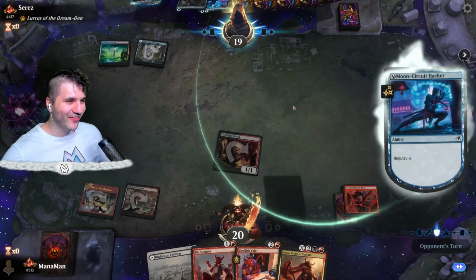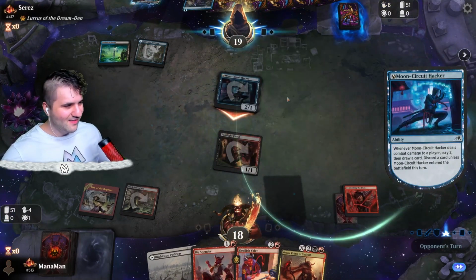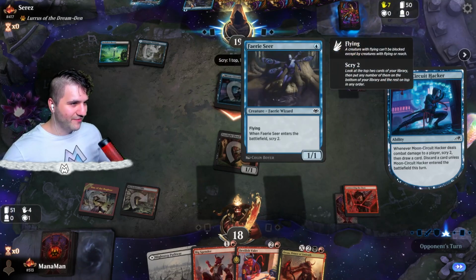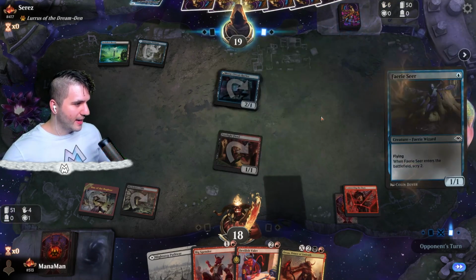Mern Circuit Hacker. Okay. Don't really love to see that, because now they're going to be able to scry again. Alright. Speaking of card advantage, they're going to have a lot of card advantage here with the Circuit Hacker and the Fairy Seer. Okay. Assuming that one is coming back, so...